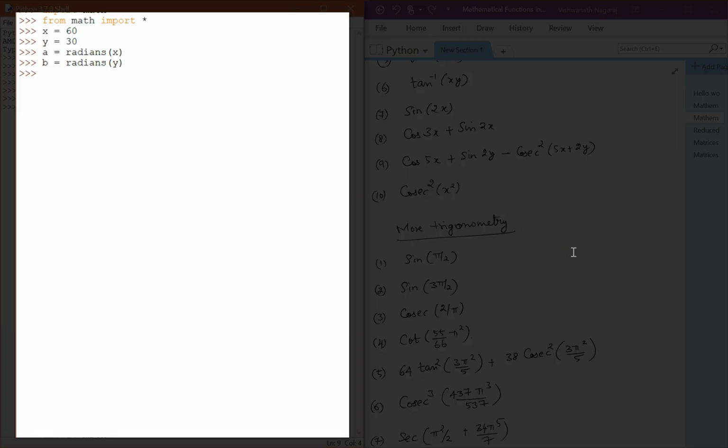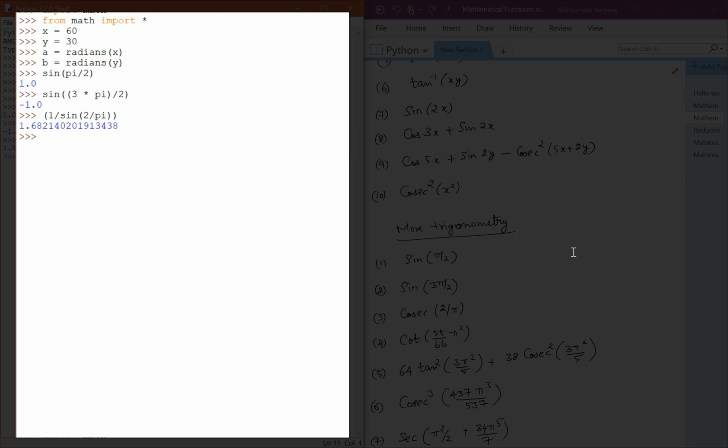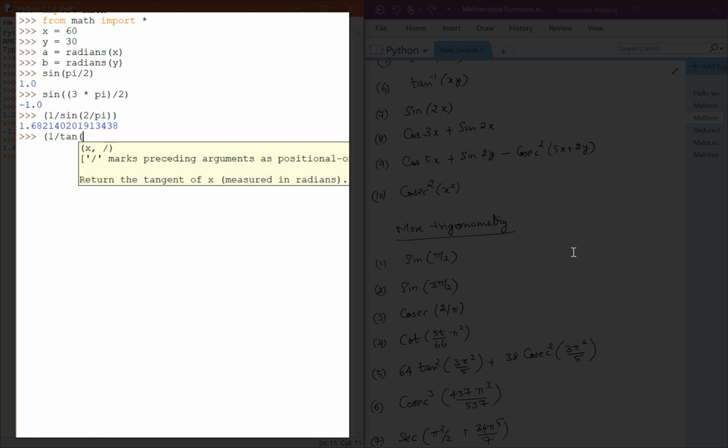Okay, some more functions. Sine of pi by 2. Now pi is defined in math. Sine of 3 pi by 2, so within brackets 3 times pi by 2. Cosec, again remember no cosec, so we have to say 1 by sine of 2 by pi. Cot, again cot is not defined, so we take it as 1 by tan of